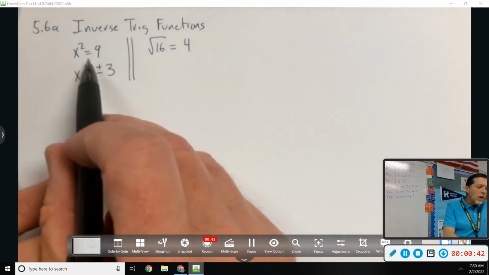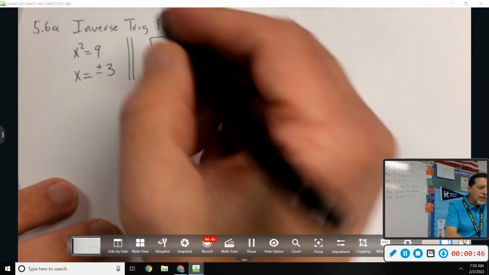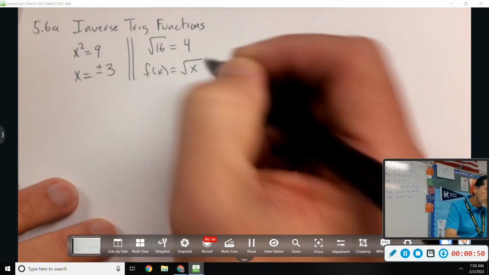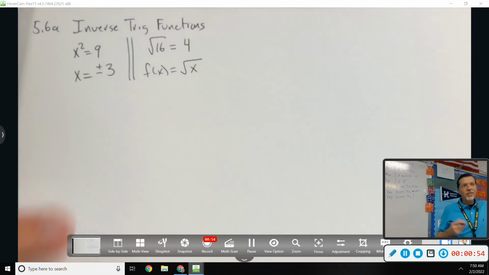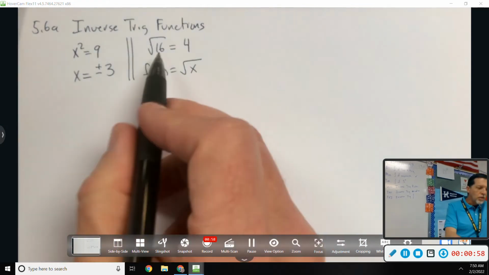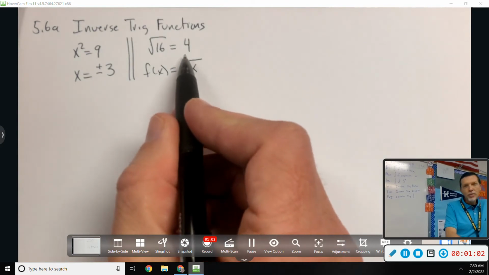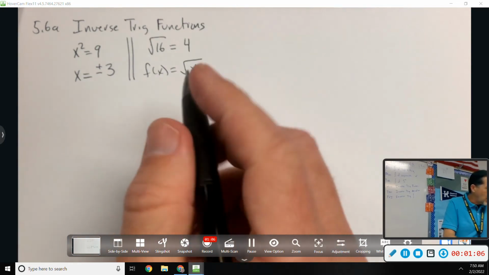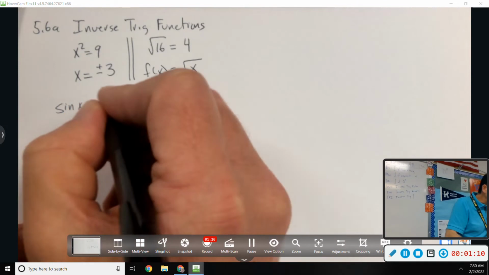When it's in an equation, we could have more than one answer. When it's given as, it might have even been better to say this is a function. Functions can only have one answer, or else they're not a function. Like the old vending machine example. If you push the 16 button, you have to know what you're getting. You're getting a 4 out, not a plus and a minus 4. So that's a little bit tricky, and it's related to if we have sine of x equal 1/2,